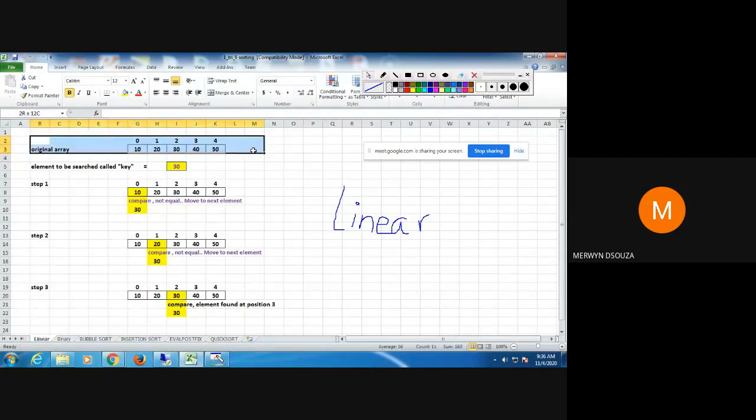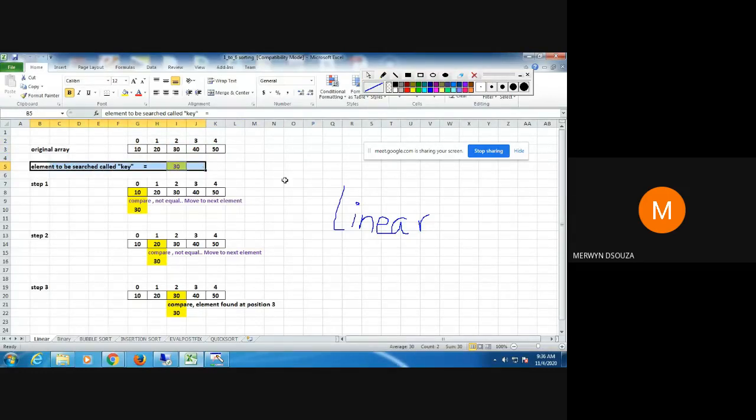So assume that these are the numbers that have been given. This is the array, and in this array we are going to search for the value that is wanted. These are the values in the array: 10, 20, 30, 40 and 50, five values.